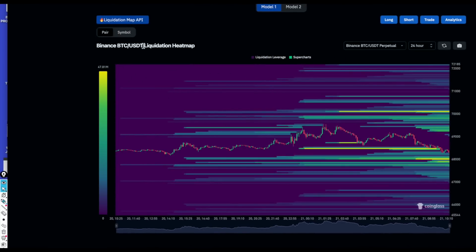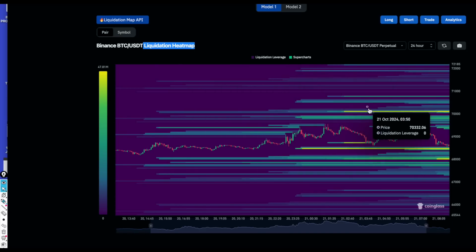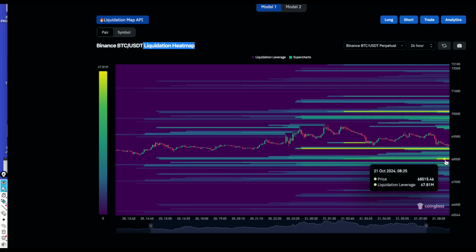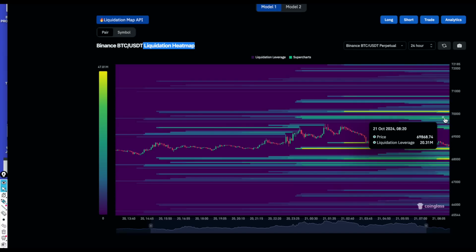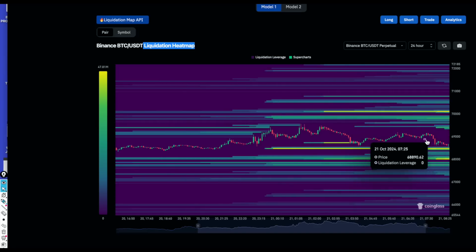And if we move on to the liquidation heat map, this is always giving us a very accurate picture of the range between which Bitcoin seems to be operating. And currently what we've got is these yellow zones, which is really what we need to pay attention to, because this is where the majority of the stops are, the stop losses for the upside and the downside. So the leverage players who are bullish will have their stops down here at exactly 68,000. And we do have another zone here at around about 68,400, which is about the price where we're at currently as I'm doing this video. And the bearish leverage players have got their stops at exactly 70,100. So in all probability, Bitcoin's going to come and take these stops out within these ranges, as we've seen previously.